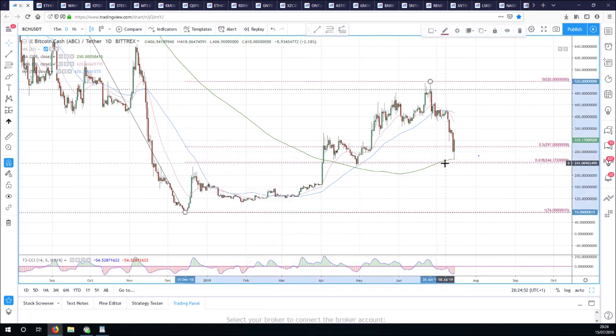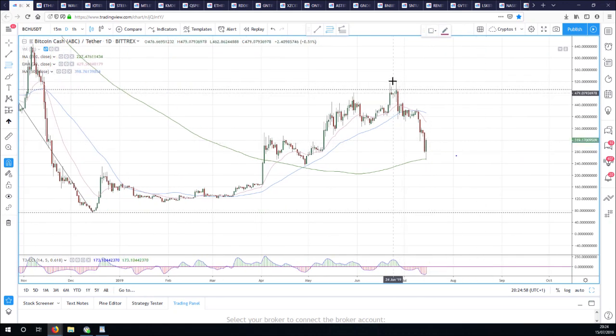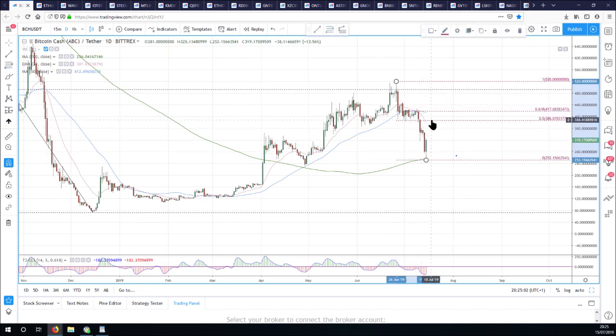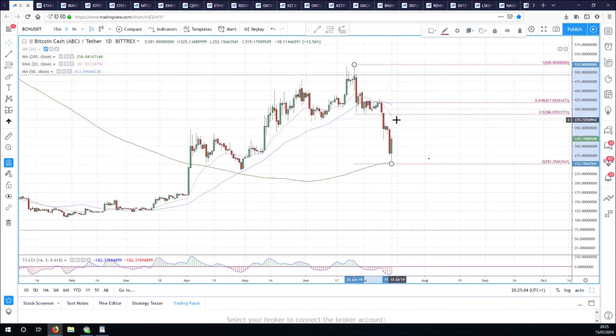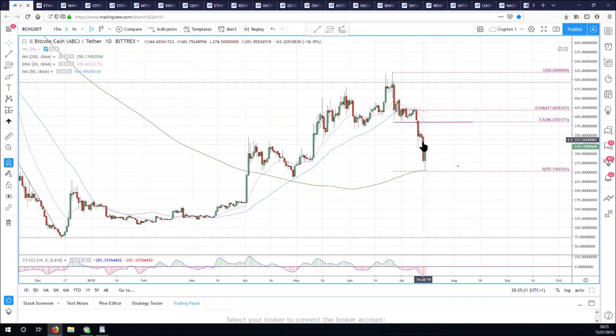So I'll take that away. And we're now going to look for, because we've already gone, look, 50% of our big red drop candle in this one. It's really pumping. So we're going to look for 50% here on the upside, which takes us back to the daily 20 moving average. So that becomes our bull bear line now in Bitcoin Cash. 50% up here, and that in Tether is 386. So you're looking for 386 Bitcoin Cash Tether.